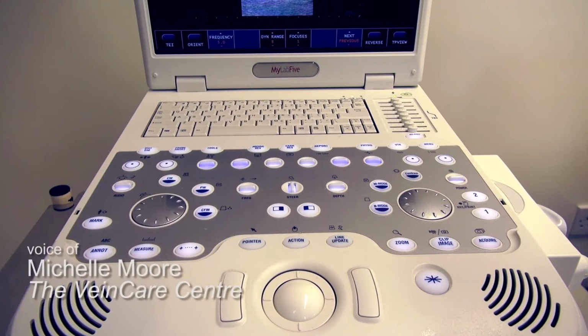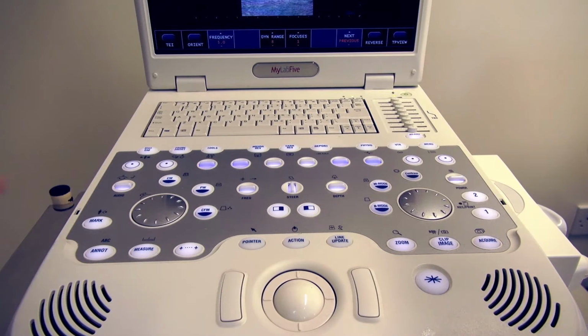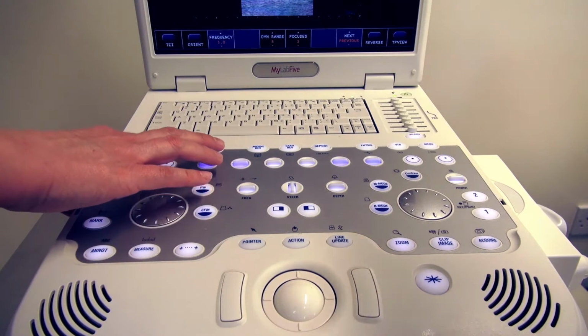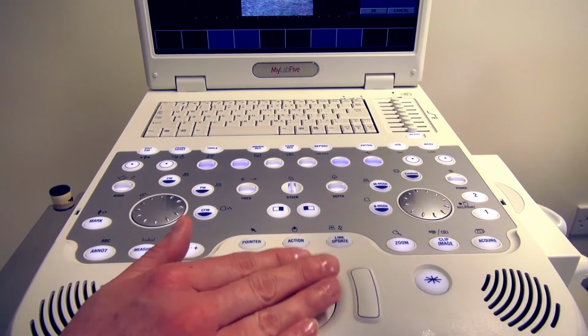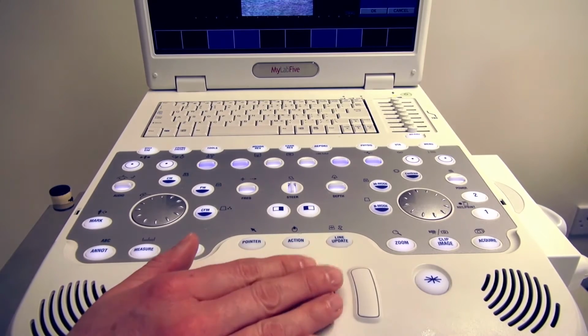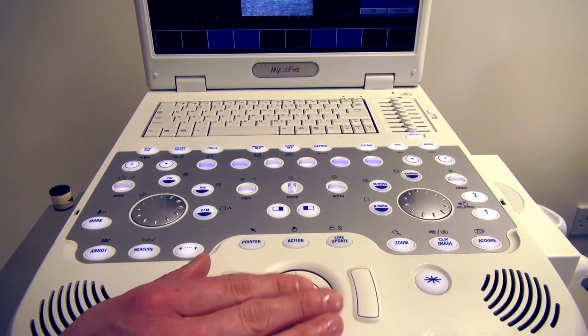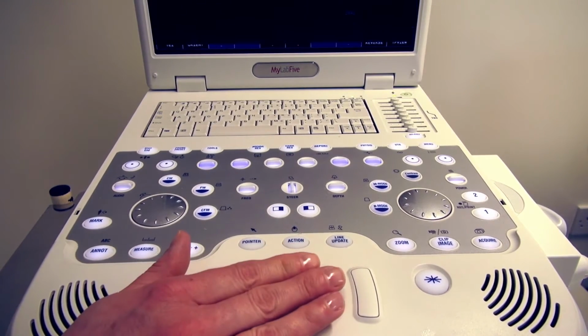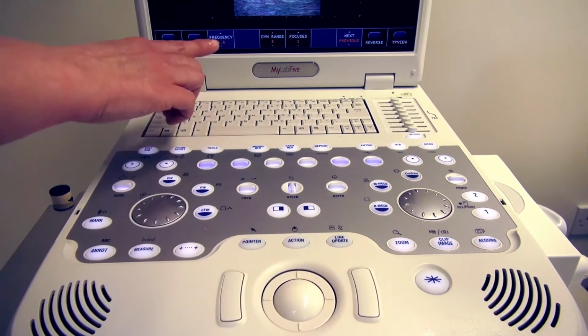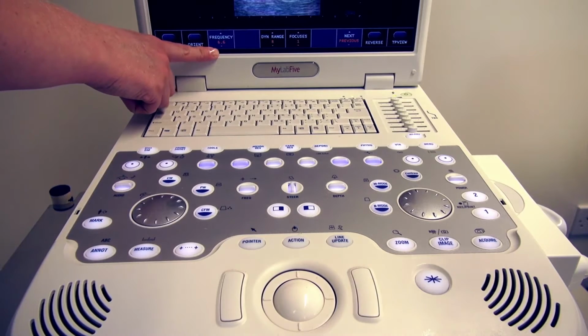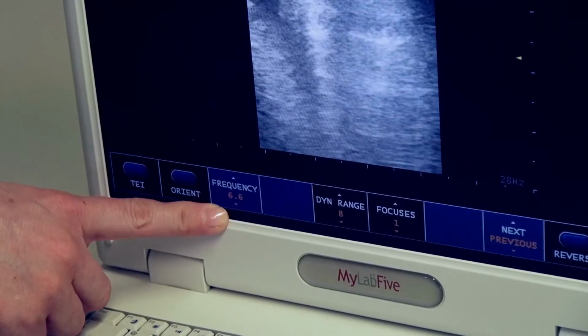Most ultrasound machines arrive with preset factory settings. Selecting the venous option in the transducer option menu should give you a good starting point. Probe preset you can select using the trackball. We've got a linear transducer and that selects. So you can see by the screen that we're starting at a frequency of 6.6 megahertz, which is suitable for